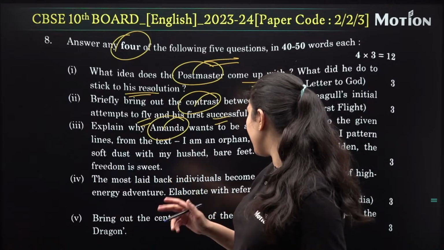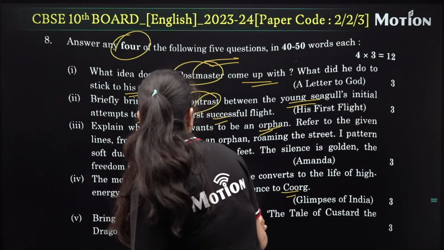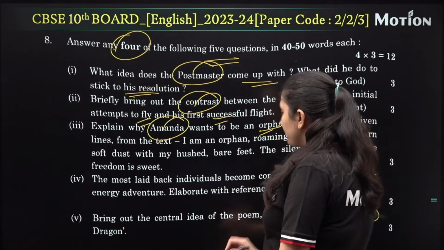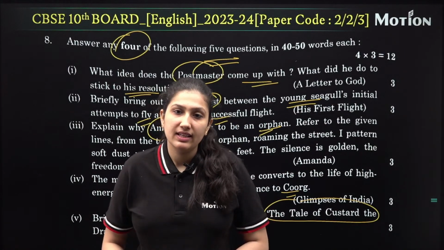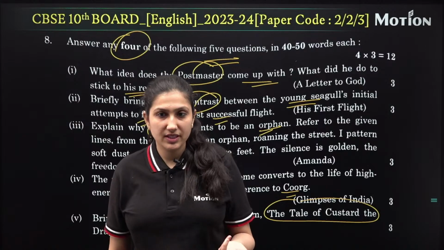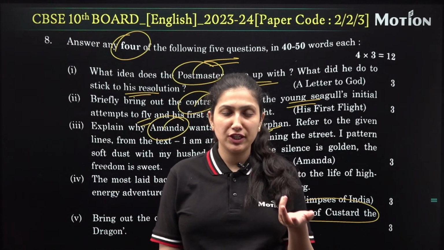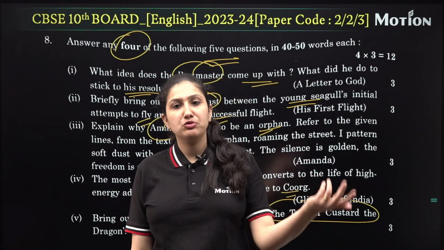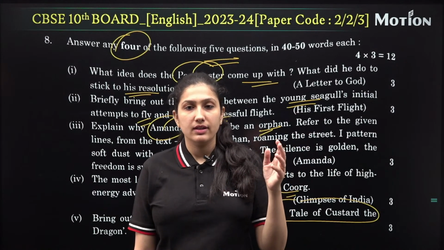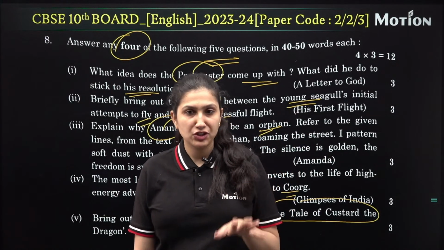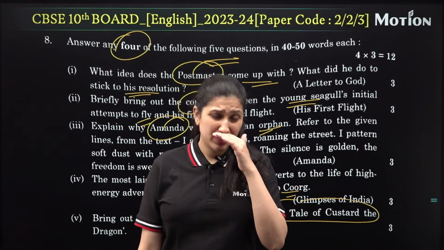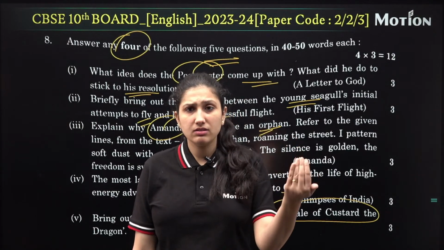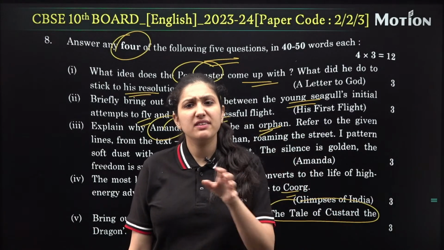Okay. Hindi and English I'll mix up. Bring out the central idea of the poem, The Tale of Custard the Dragon. Custard the Dragon का central idea, ये आपको पता है? इसमें क्या एक्सप्रेस करने की कोशिश की जा रही है? That Custard was actually brave, but all the pets used to call him that he used to be in cage only. So there are many people who will point you, who will say so many things, but you cannot change them. You be the way you are only.